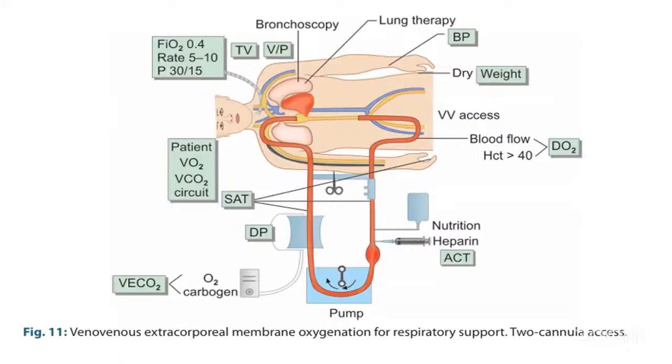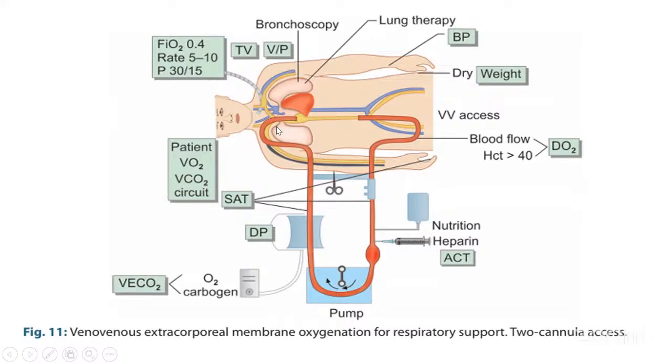So there are two types of ECMO. One is VV ECMO and one is VA ECMO. This diagram depicts veno-venous extracorporeal membrane oxygenation, where there are two cannulas. One is the draining cannula, which drains blood from the femoral vein, and it goes into the pump, and from the pump into the oxygenator, where it gets oxygenated and goes back to the right circulation through another venous